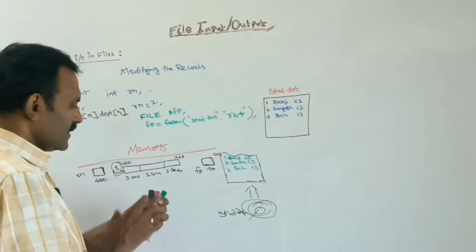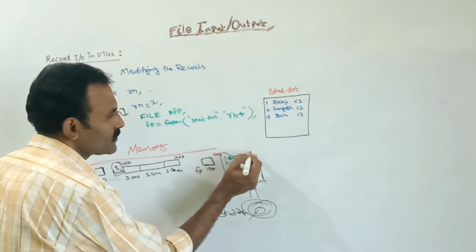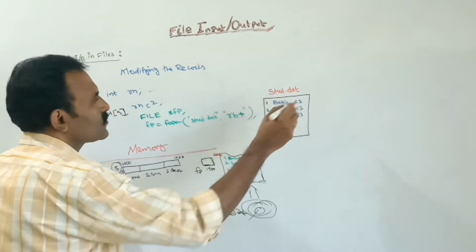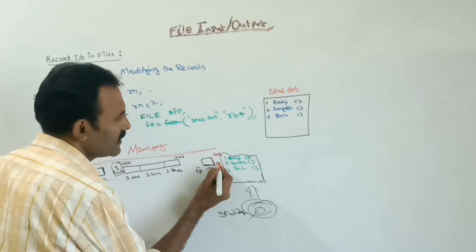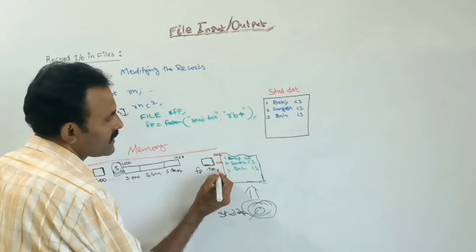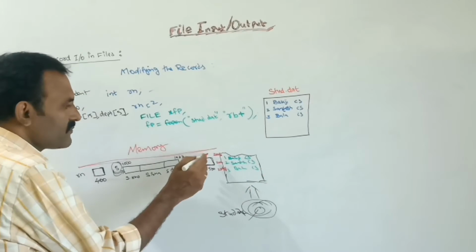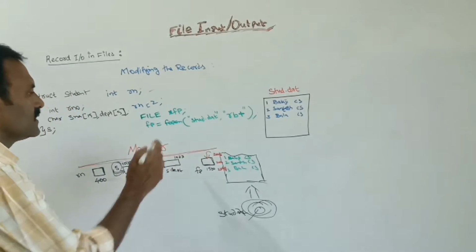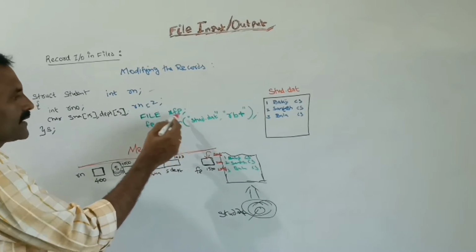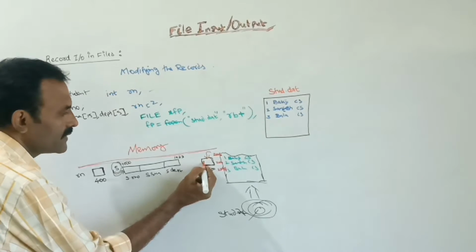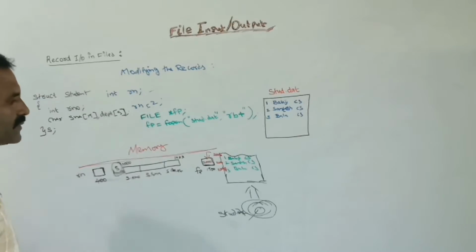See, after loading, each and every record has an address. Here 2000 to 2023 is the first block, because per record it has 24 bytes, that is roll number, name and the department. So first 24, next it starts from 2024, next it starts from 2048. So after loading, the very first starting address is returned by the fopen function. After loading these records, it returns the starting address. So currently the fopen returns the value, that is address 2000, and that address is stored to FP.